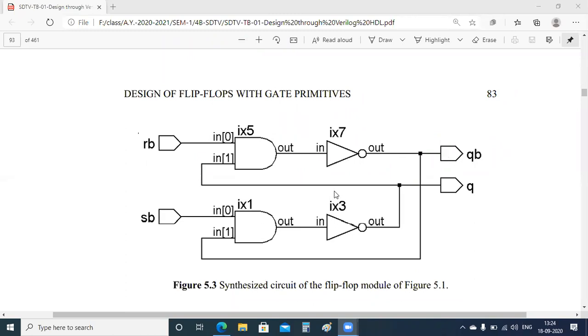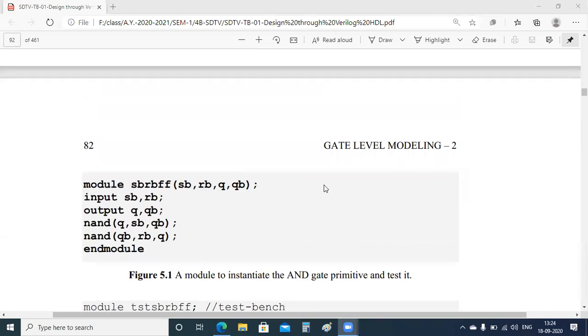For this we want to write the module. So we are giving the name for it as SB, RB flip flop, where SB is the set button and RB is the reset button. Generally we have to follow the rule that outputs come first, followed by inout, followed by the inputs. Sometimes it may accept the other combination also, writing the inputs first and the outputs later, based on the simulator we have used. So inputs are SB and RB and outputs are Q comma QB.